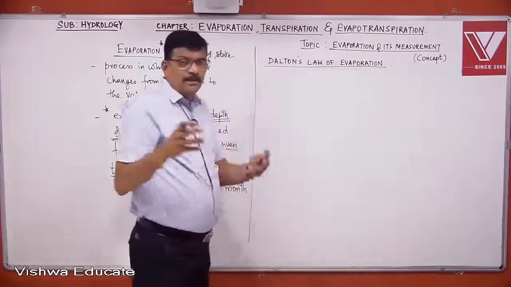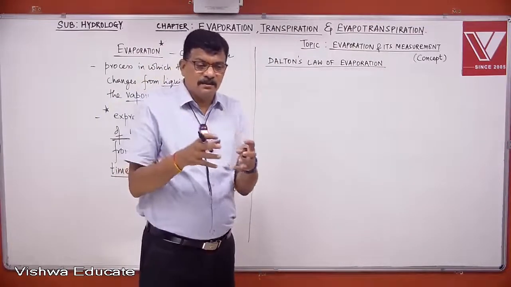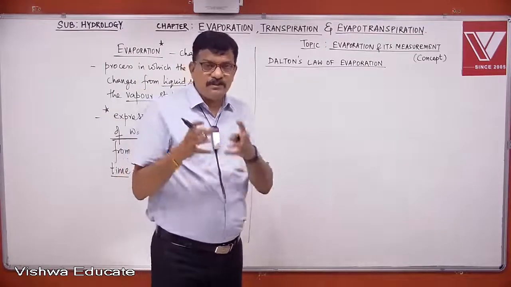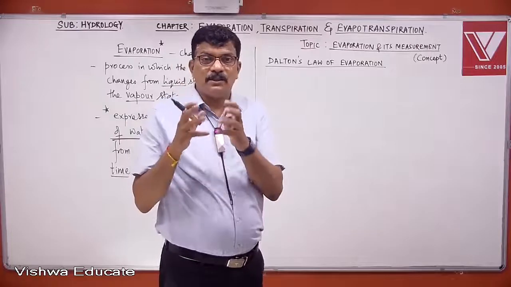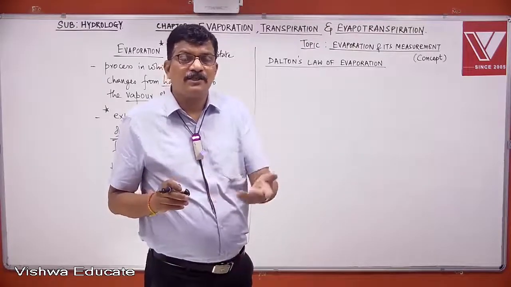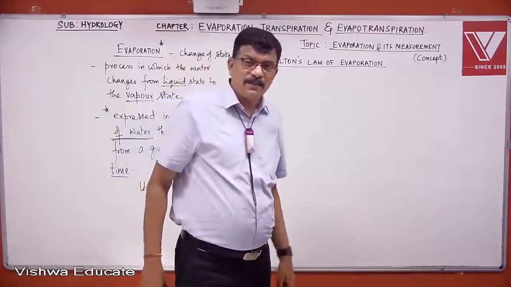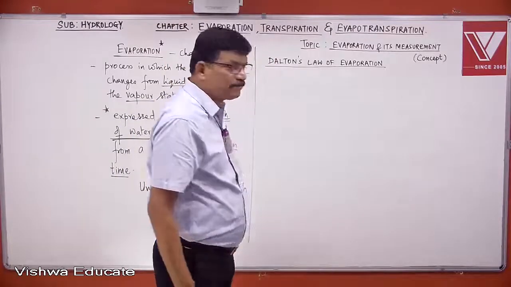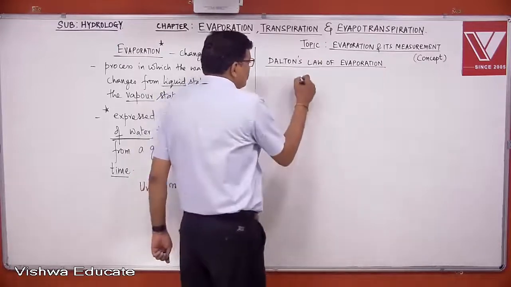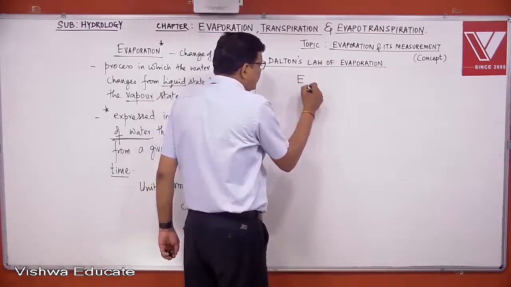He has correlated certain parameters associated with the atmosphere, nothing but the meteorological parameters, based on which evaporation loss may be worked out. So according to Dalton's law, the evaporation loss, now we will write it as